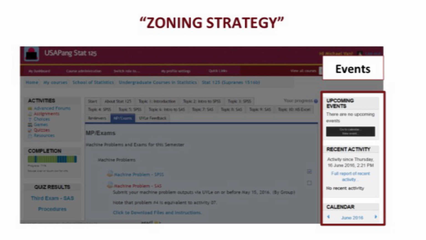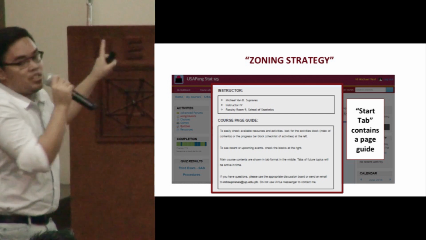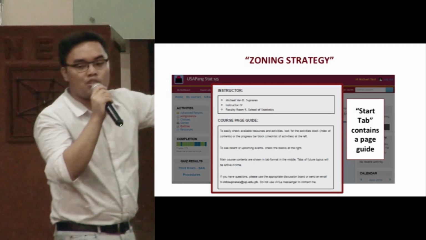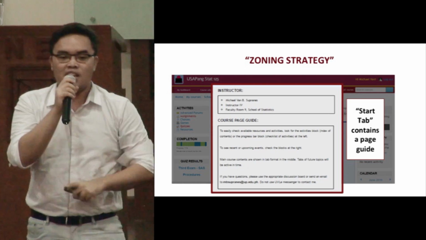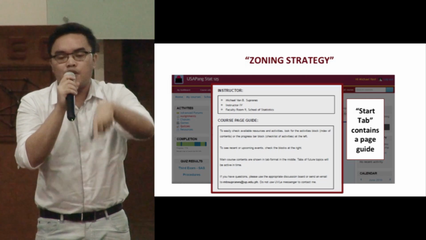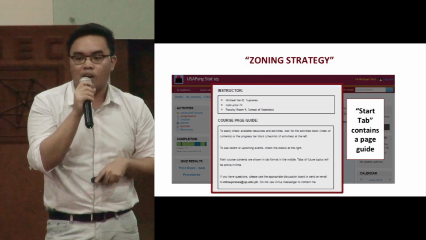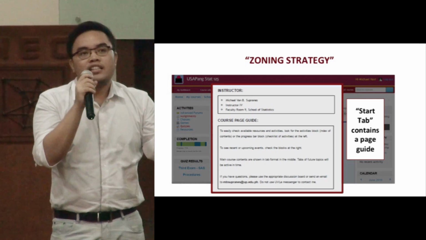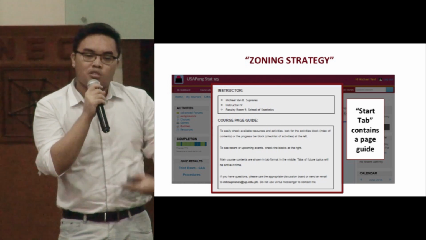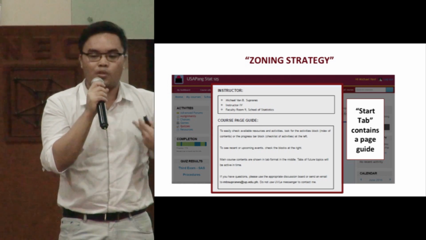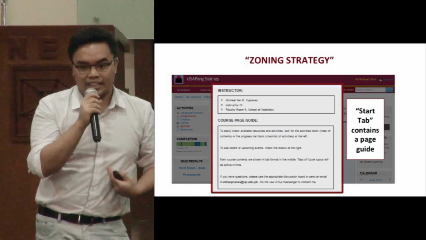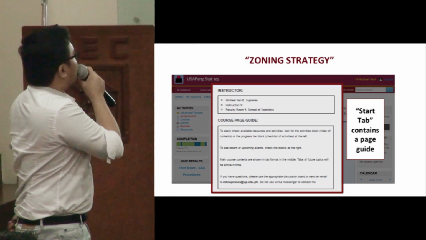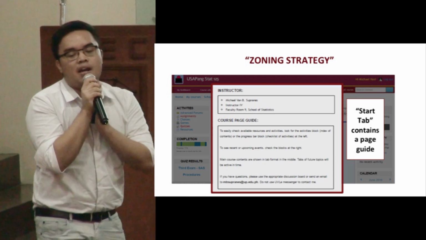And to even increase the efficiency ng ganitong klaseng zoning strategy, para mas ma-realize ng estudyante ko na ganun yung design na yun, within the page itself, meron akong course page guide na sinasabi ko, pumunta ka sa right side kung gusto mong makita yung activities, pumunta ka sa left side kung gusto mong tungkol sa events. And during our first meeting, tinidiscuss ko yan. Nagde-demo ako. Kasi one of the feedback ng students ko ay apparently, yung ibang students, gusto rin nila ng sarili nilang crash course about UVLê. And that I can provide. So yeah. So ngayon, very positive na yung thinking nila about UVLê.